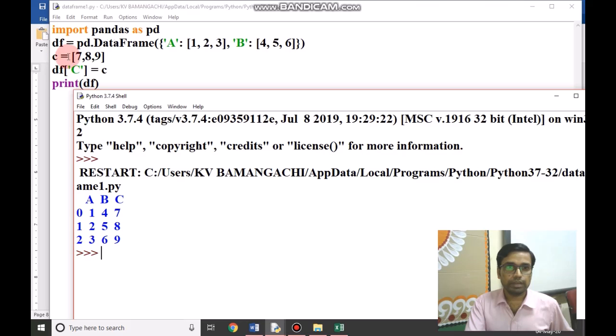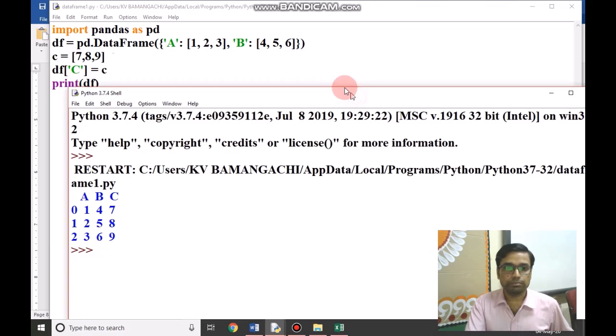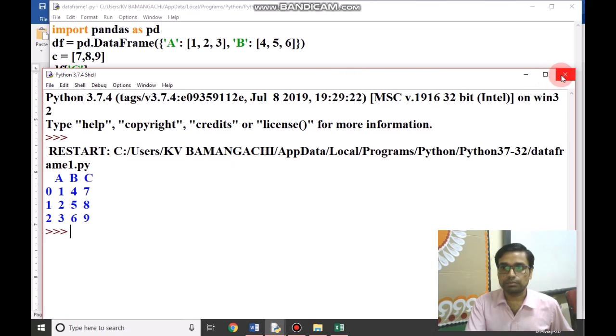We have added a column whose name is capital C from the list small c. In this way, we can add a column to the existing data frame.